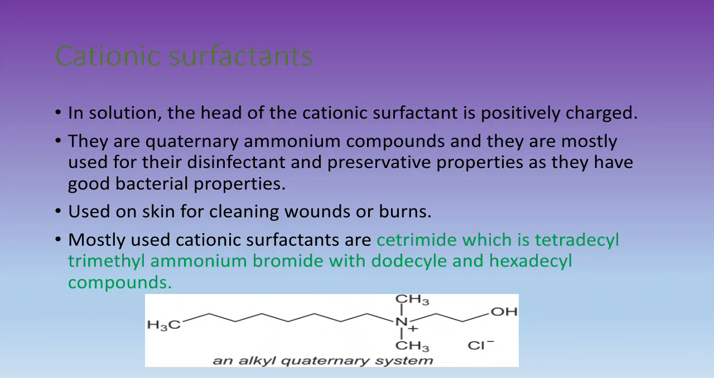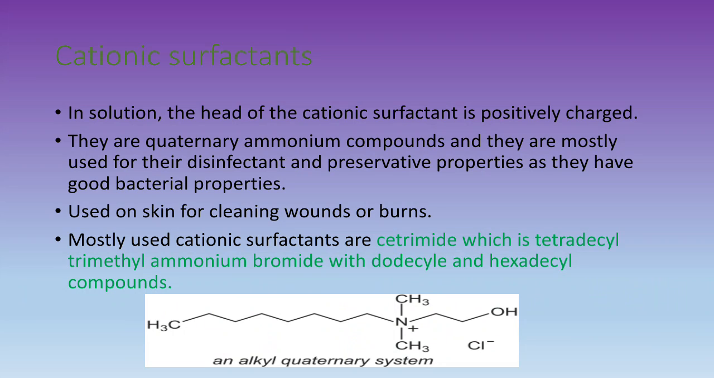Now moving towards the second class of surfactant, that is cationic surfactant. In solution, the head of the cationic surfactant is positively charged. So from its name it can be clearly understood that this type of surfactant contains positively charged groups. They are quaternary ammonium compounds and they are mostly used for their disinfectant and preservative properties, as they have good